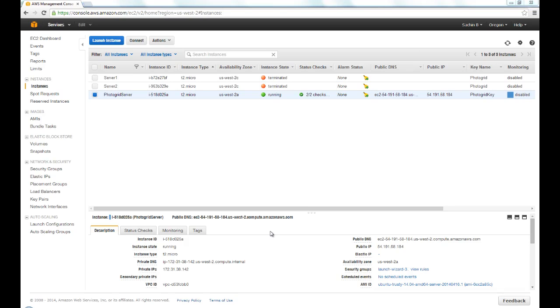Now, so far we have been accessing the EC2 instance using the public DNS that has been provided to us. The problem with the public DNS is that if I were to restart the server, the public DNS would change. And if this keeps on changing every time, it would become very difficult for us to connect to the server by using this address. So what we need instead is some sort of a static IP address that points to our EC2 instance.